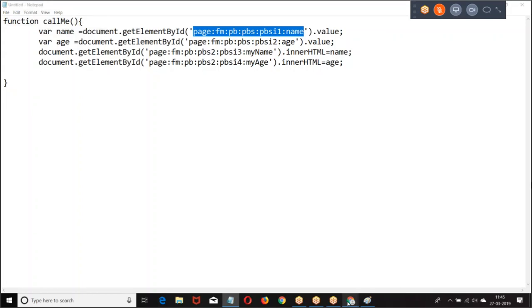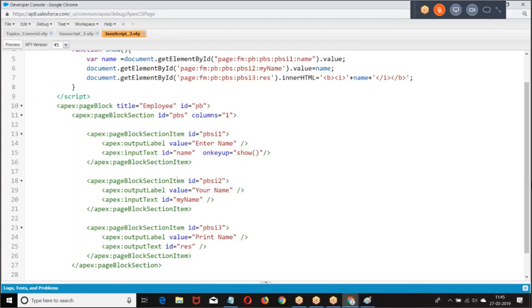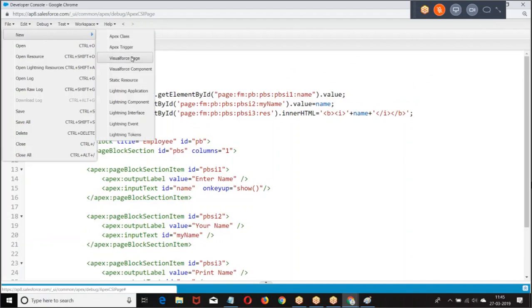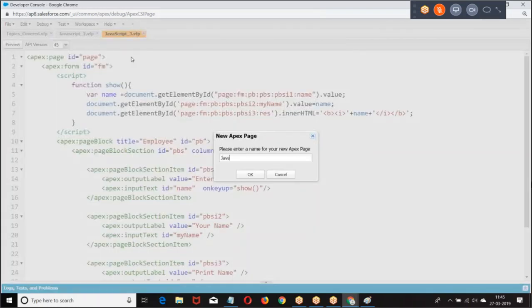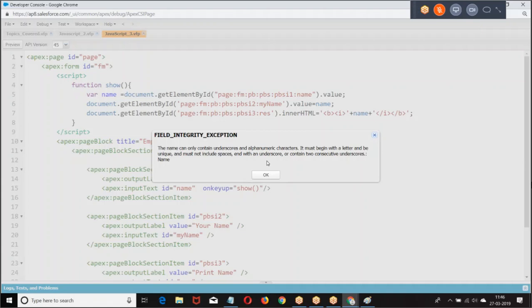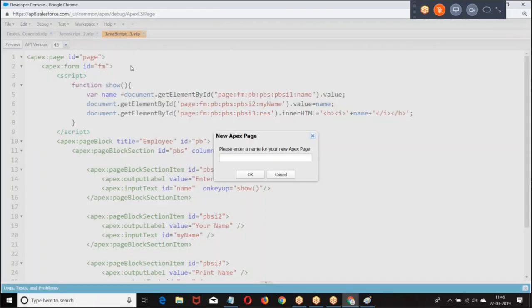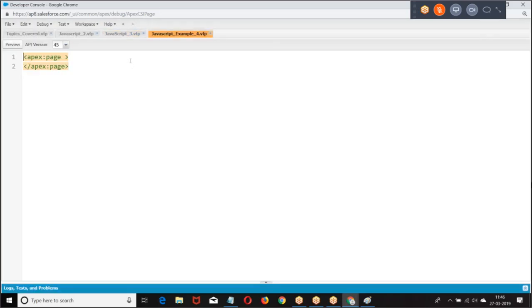So look at the example. Look at the point: ID equal to page.